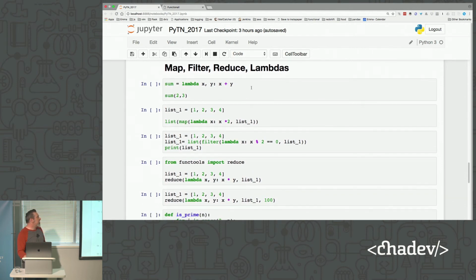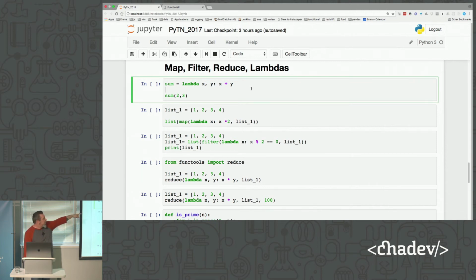All right, and so we'll look into the Holy Trinity here. So first off, let's start with lambdas. Lambdas, like I said, are anonymous, unnamed functions, right? So we're taking the variable sum and we're assigning a lambda to it.